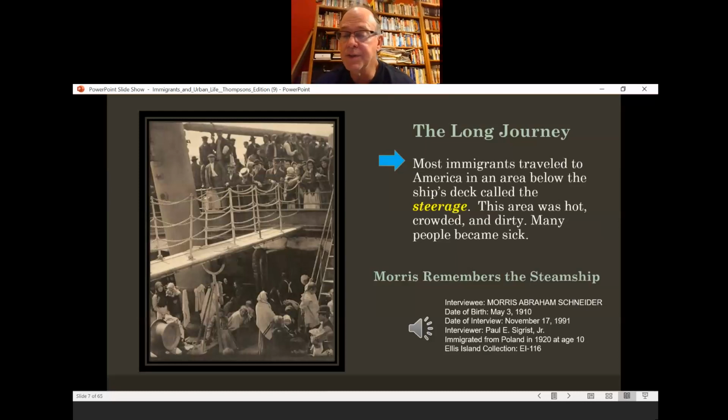Okay, very interesting, I think. One more reminder about how the blue arrows work. You're to copy all of a paragraph that it points to, and any words in yellow like steerage or any names that are in yellow, those will be on the test for sure. So pay particular attention to words like steerage.